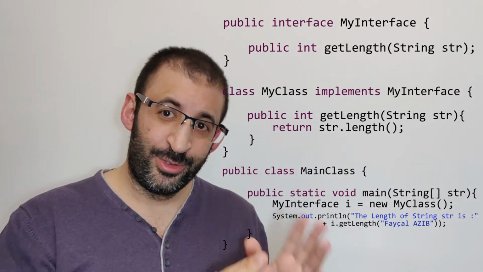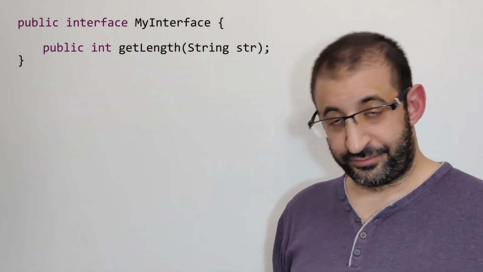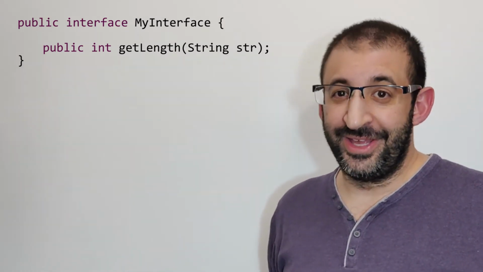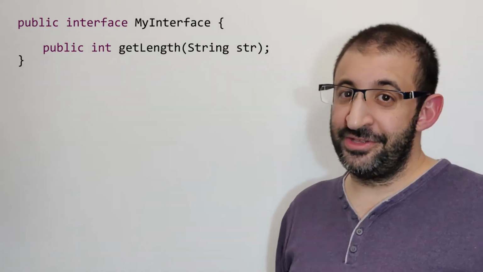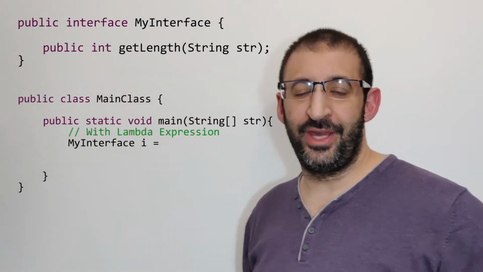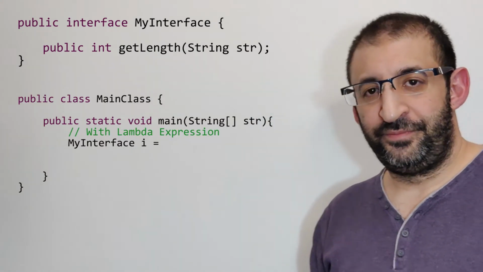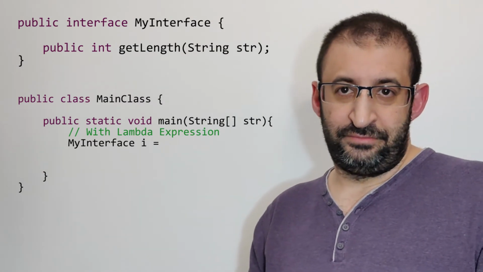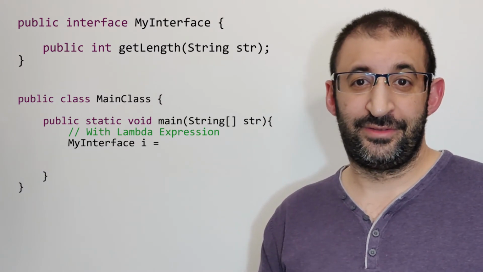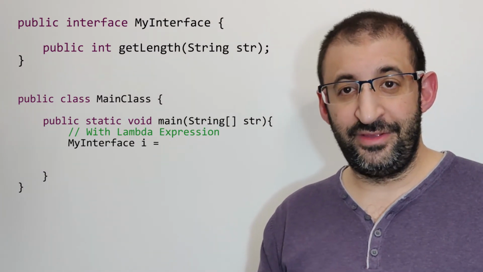Now let's make the change to pass to the lambda expression. How to do it? I have always my interface with a method getLength, but now I don't have my class. I will declare my lambda expression directly. I will define it directly in the main method. Directly. Okay. So in the main method exactly, I will do my interface I equal